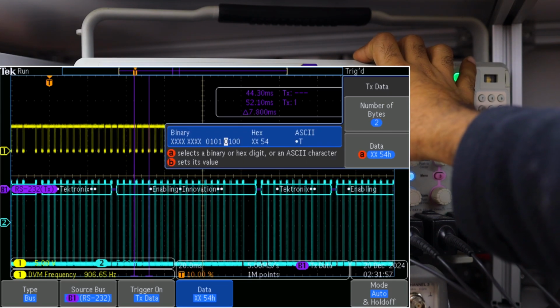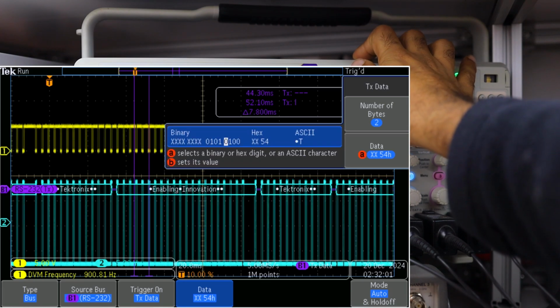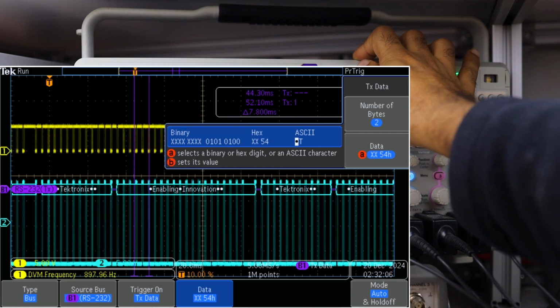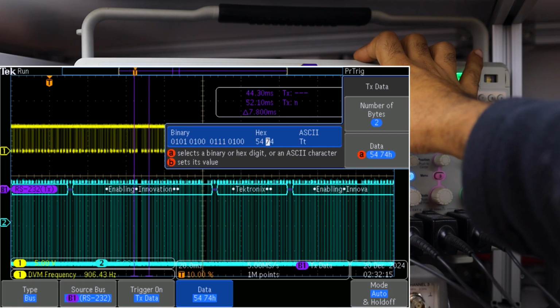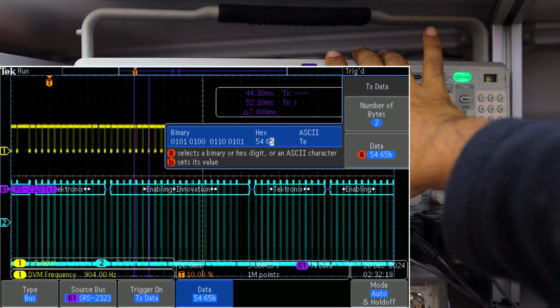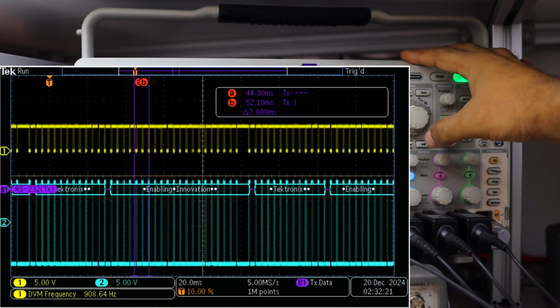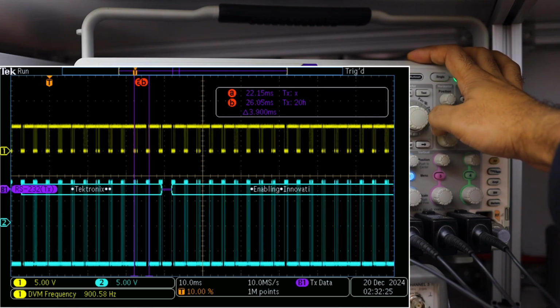Okay, so now I have to carefully enter the value. It needs to be 5, 4, 6, 5. So we'll trigger on TE. Okay, same thing which we tried to do without framing there. Let's get the trigger into the